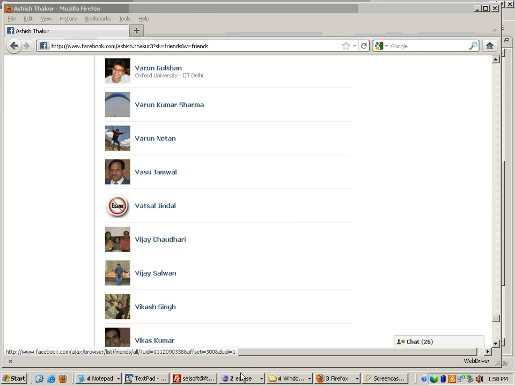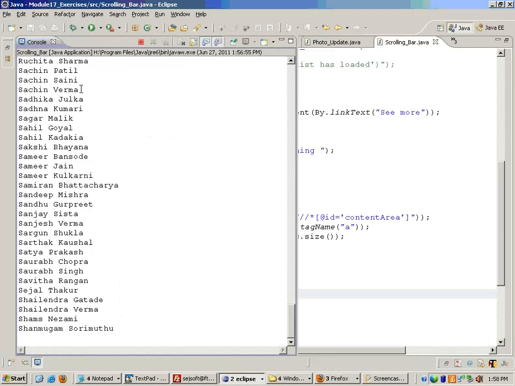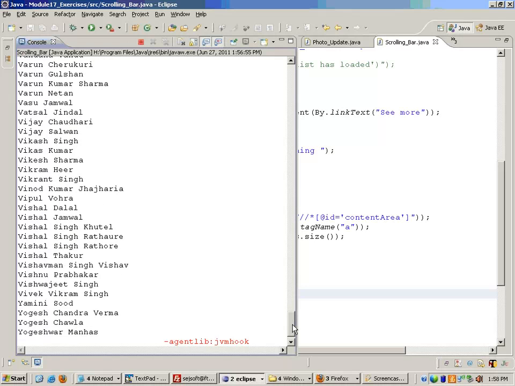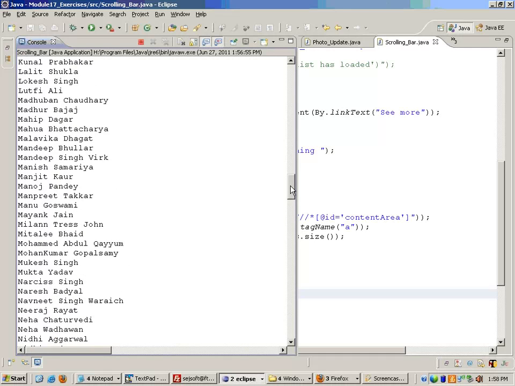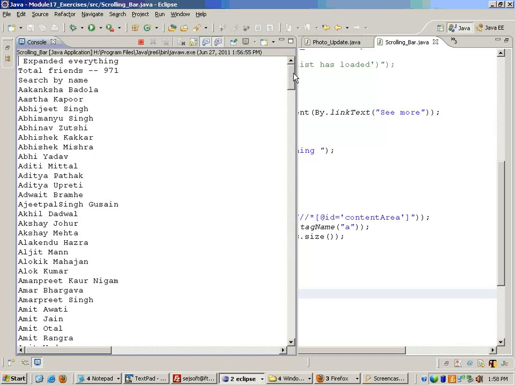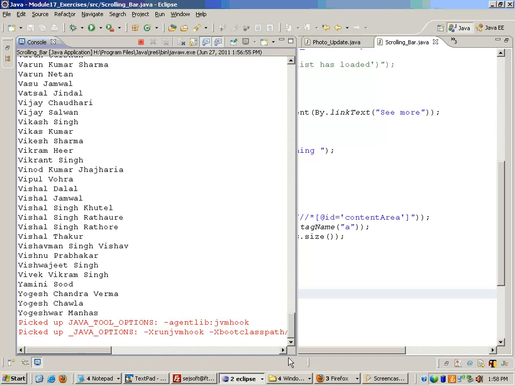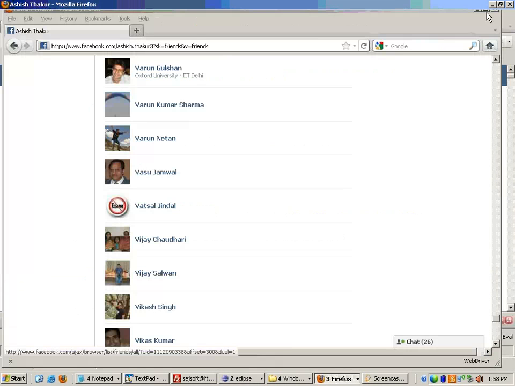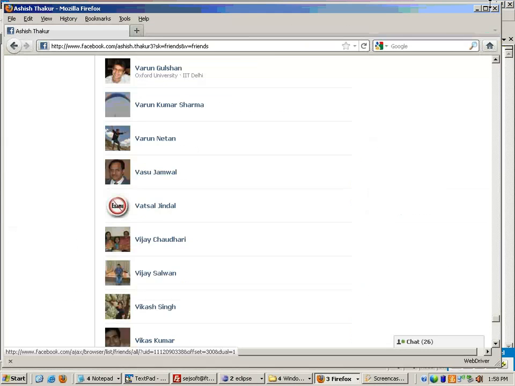And I think it is printing the friend names. Yes, it is printing the friend names. See that? All my friends, the names of their friends, they get printed. So this is a good exercise, right? Okay, let me